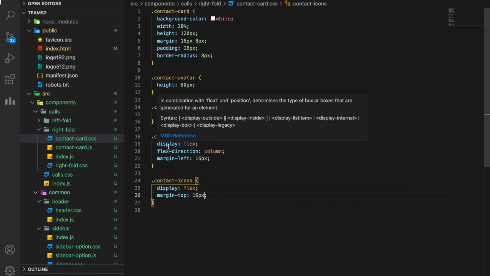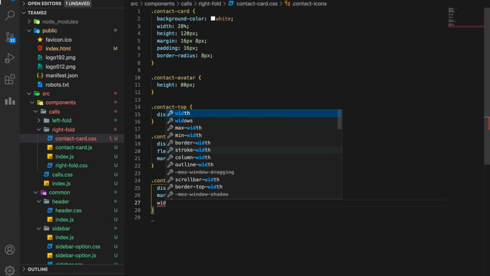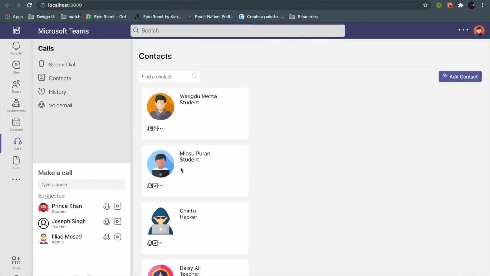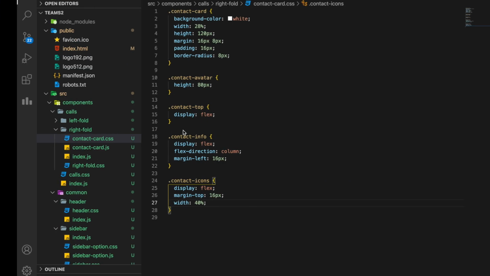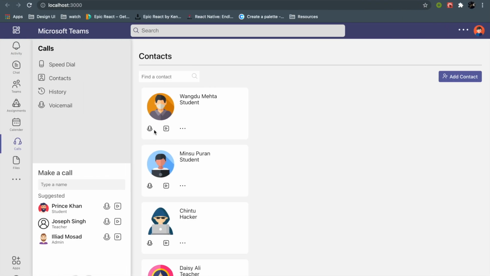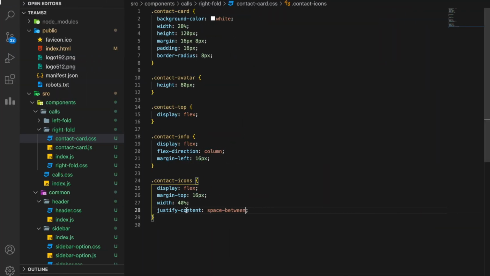Then I want it to have a width of 40%. I'll tell you why 40%, because I want it to stretch out till here only. And now if I say justify content space between, not baseline, space between, see it spreads out automatically till here, till 40% of the width.